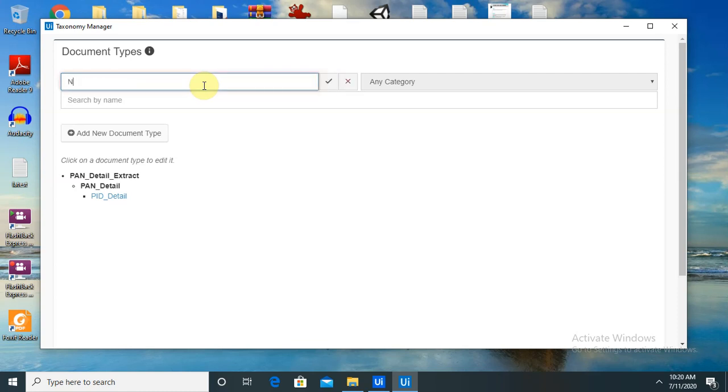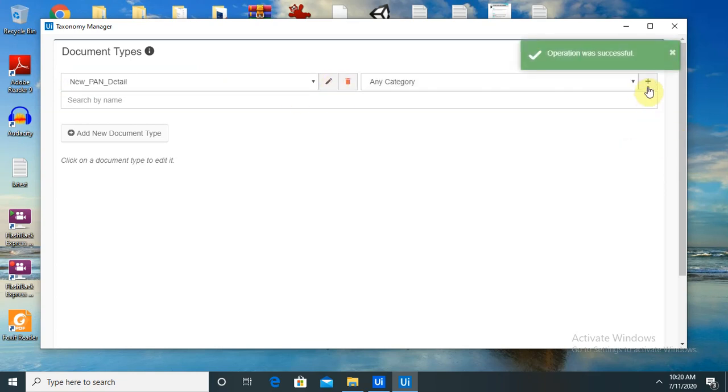Let me create a new PAN detail and click on this checkbox. Now if you want to add any category, then you can click here and add new PAN data.